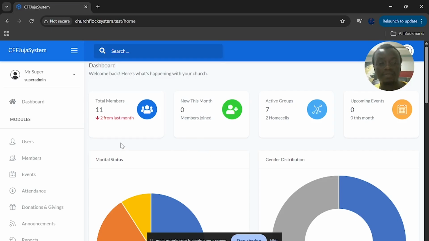we have a total of 11 members. So, and of course you can see like there's 2 from last month, so it's a downward trend. Maybe 5 from last month, it's an upward trend. That will tell you that. Of course, here you can see also members who have joined